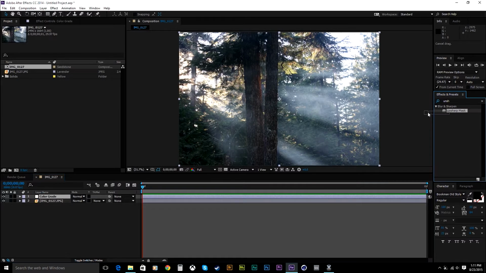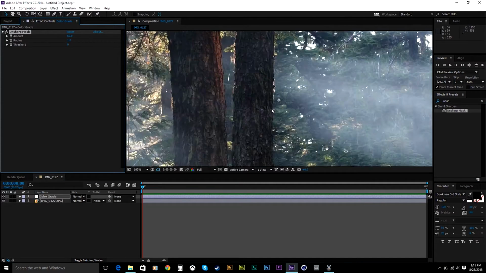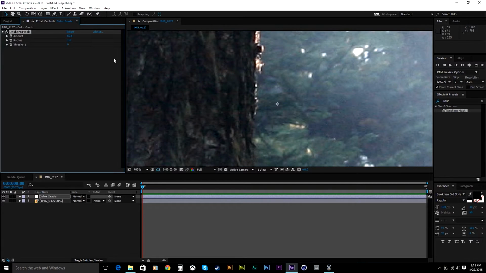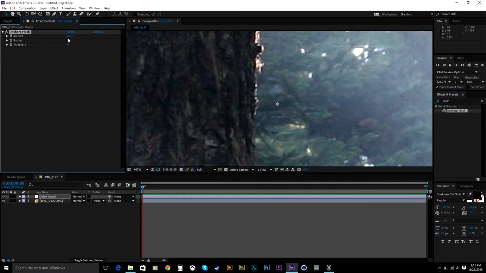I know this doesn't actually change the color, but I don't want to make another adjustment layer just for the unsharp mask. You can see it does quite a bit of difference when you just drag it on. This is before, it seems a little soft, and then when I enable it, you can see it adds contrast, and it makes it a lot sharper. I might even go just a little higher. 60. Yeah, that looks good. So, next,